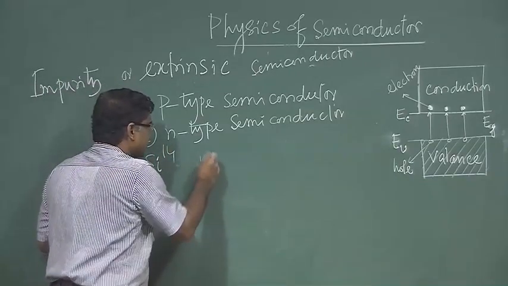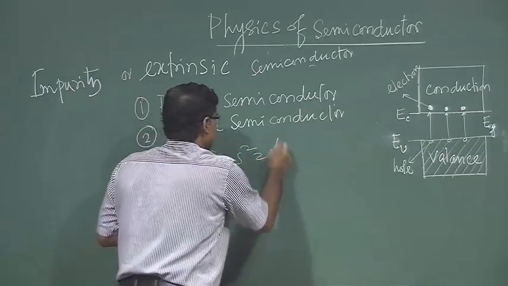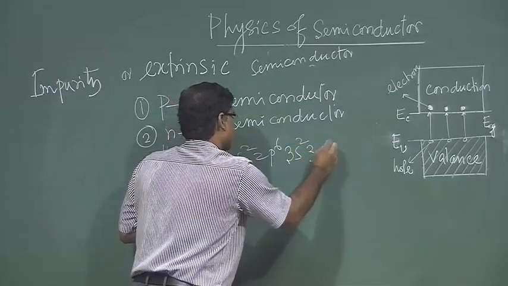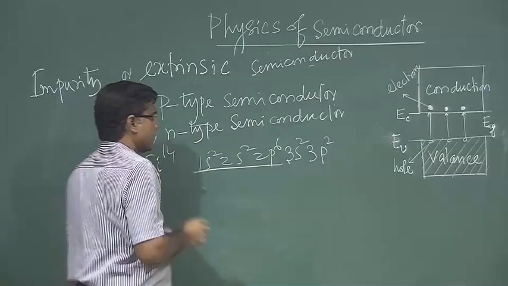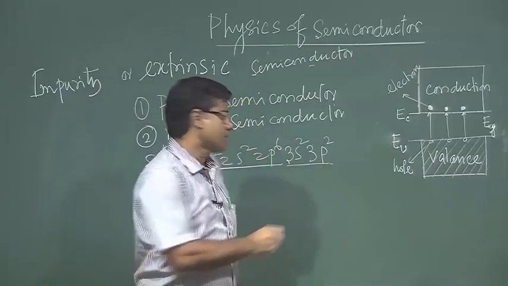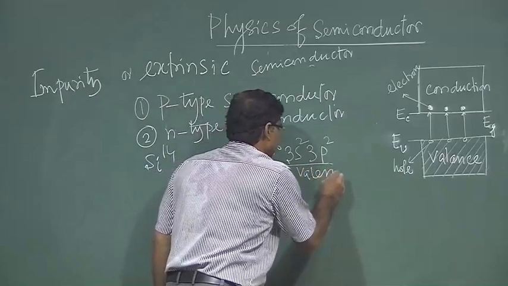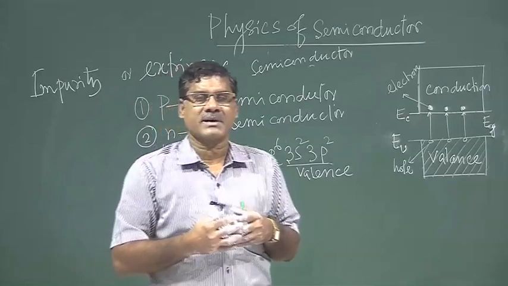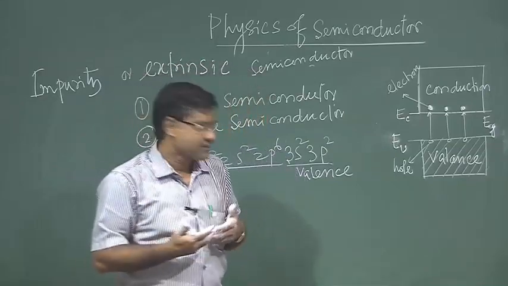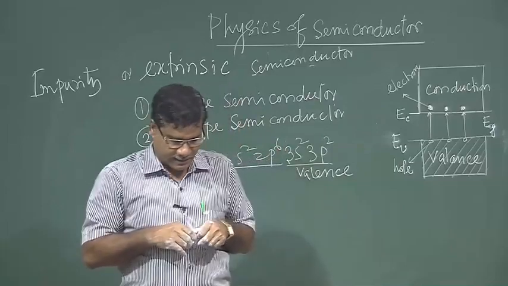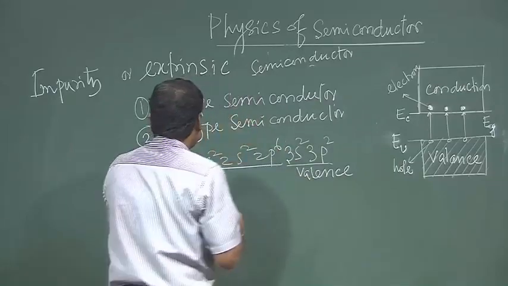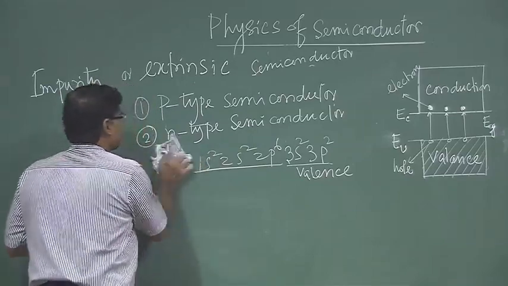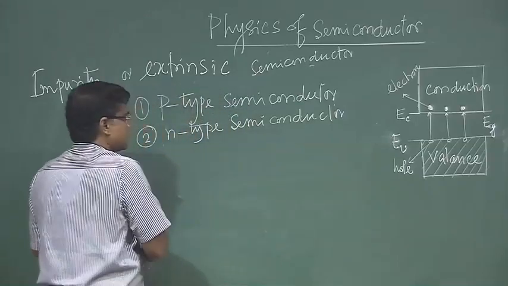So, it is distributed as 1s2, 2s2, 2p6, right, 3s2, 3p2, right. So, these are filled. These 4 are valence electrons. Okay. So, as per the octet rule, the outside shell always tries to have 8 electrons. Okay. So, each silicon atom will have 4 valence electrons. So, it will try to share